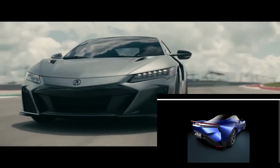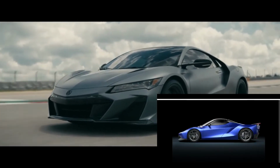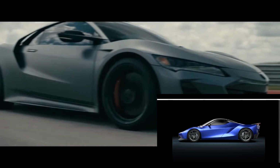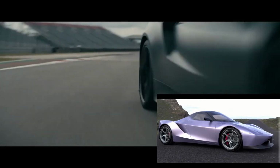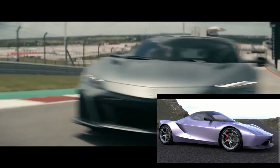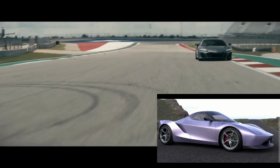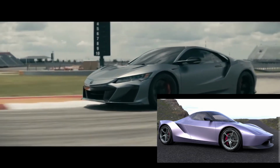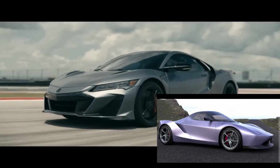But first things first, natural aspiration is impossible in this day and age. Forced induction and electrification. Honda has switched from a transverse to a longitudinal layout for the V6. To this effect, it's easy to understand why people who don't like this are not exactly fond of the all-wheel drive hybrid supercar. Now, turning our attention back to the design study,